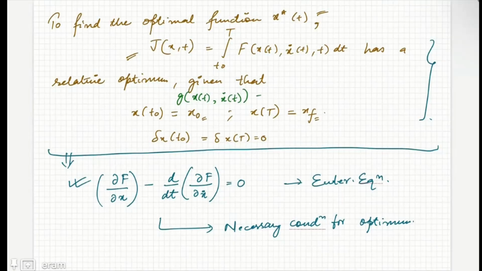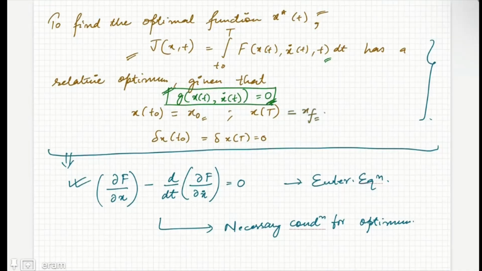If it satisfies some dynamical equation, because the states are constrained to move via some differential equation, so we need to optimize this cost function with the constraint that the state should evolve as per the dynamical equation of the system and with these boundary